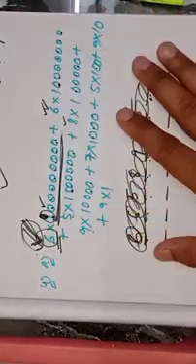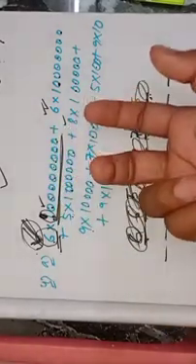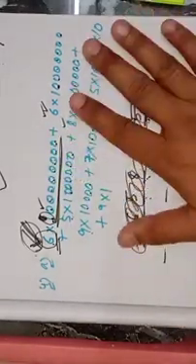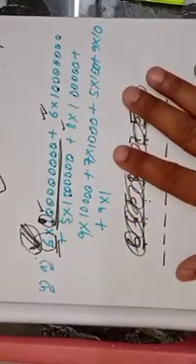You can do this directly, but some of the sums you will find quite tricky, and if you do directly, sometimes you get your answers wrong. So how to be on the safe side, that is what is the method which you follow so that you always get your answers correct. So this is the method which I am going to explain in this video.